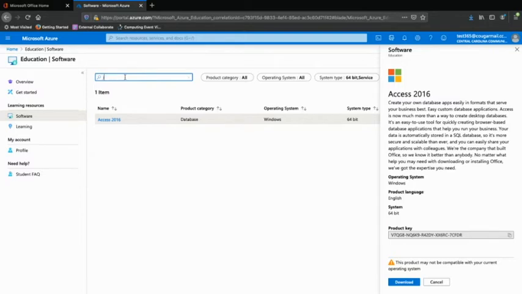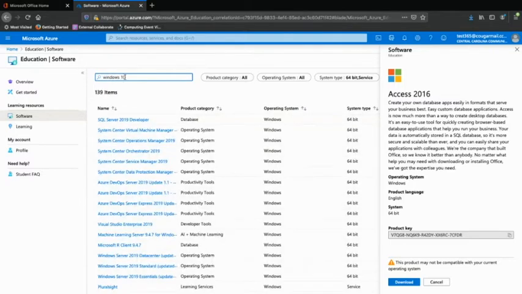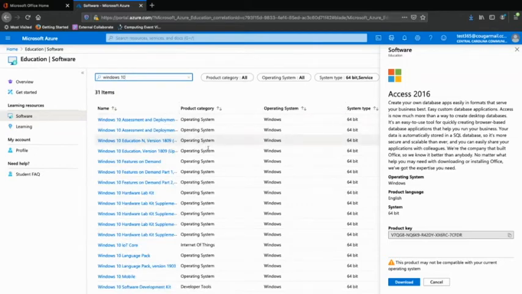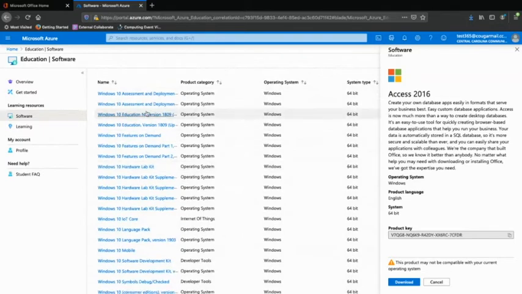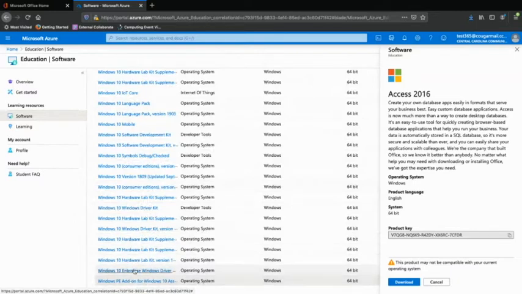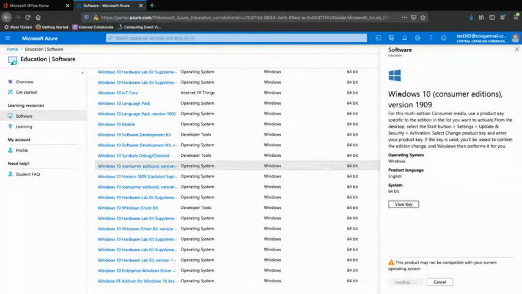So you could go back out here and go to Windows 10. And, you know, there are a million versions and different things here, right? You do not want to do the education version, avoid the education version. But other than that, it actually may make you download the, oh, there we go, consumer editions. Yeah, so any of these, right, whichever one's the newest. So I could download Windows 10 here and actually put this in a virtual machine,